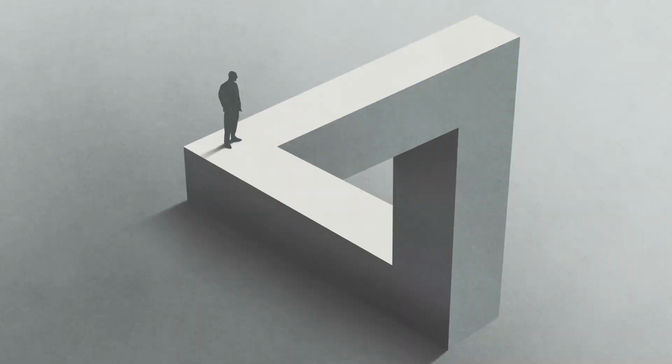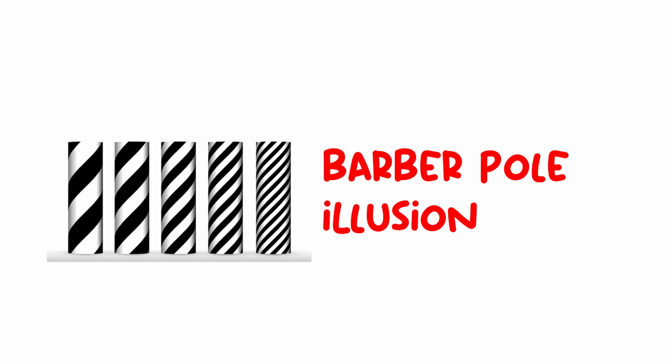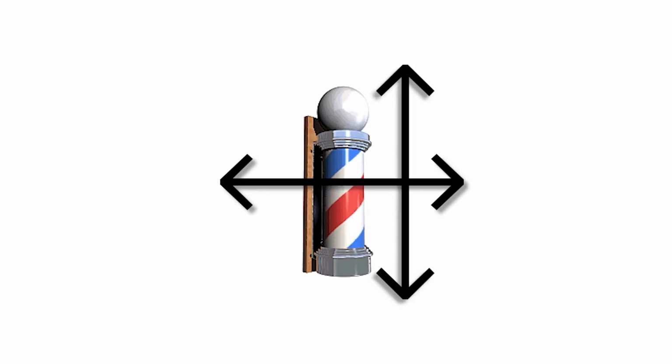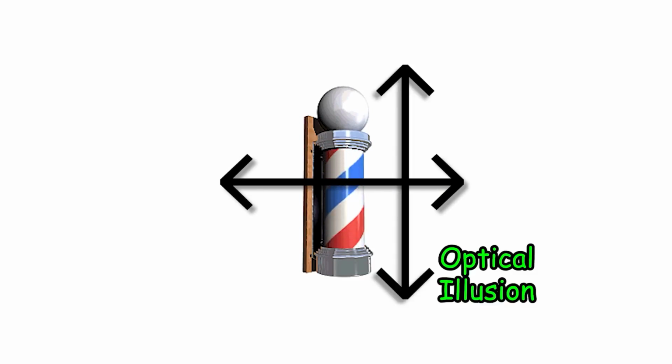Various optical illusions, such as the barber pole illusion and the Zollner illusion, exploit visual cues and patterns to deceive perception. These illusions demonstrate how our brains interpret visual information and can be fooled by certain arrangements of lines, colors,